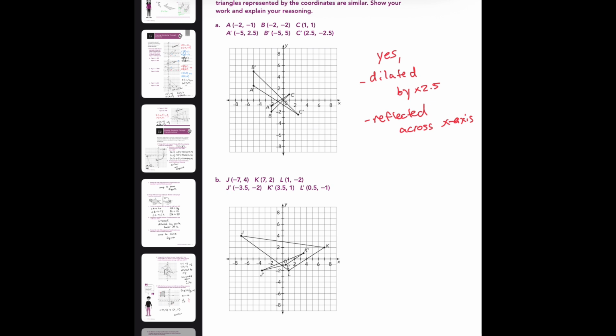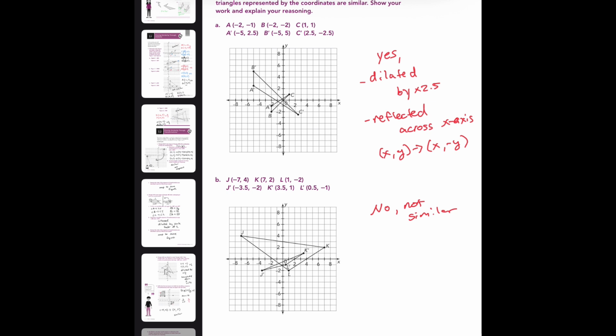So after you dilated, you should have used the rule xy has now changed to x negative y, reflected across the x-axis. B, you'll find that no, they are not similar. And the reason they're not similar is, for instance, points K and L are dilated by the scale factor of 1/2 from the origin, but J is not. Okay, point J should be at